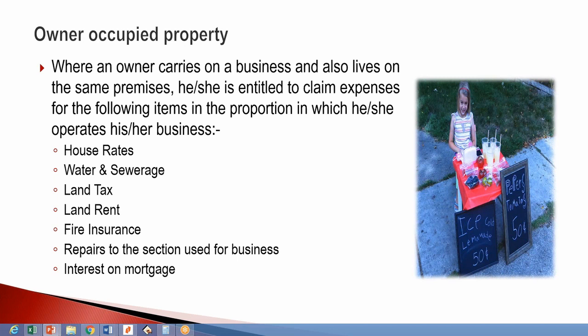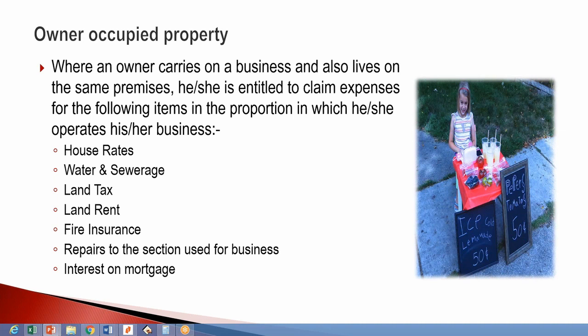I pay a mortgage of $3,000. So the whole house downstairs is the business, and the whole house upstairs is the house. Then, assuming that the house is half and half, half business downstairs, half living upstairs, you can claim 50% of your mortgage payment as tax relief. You have your